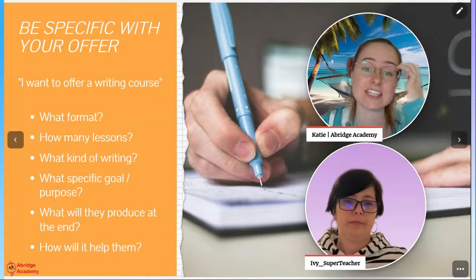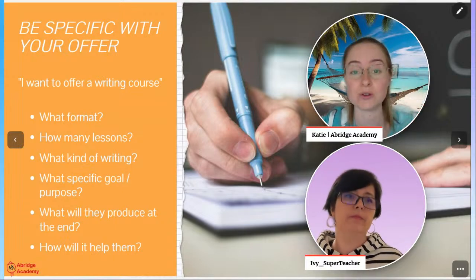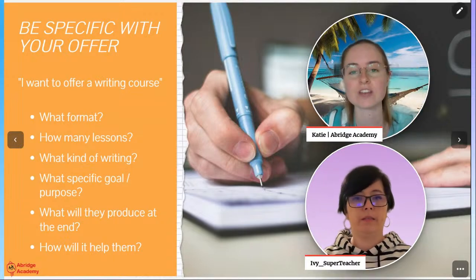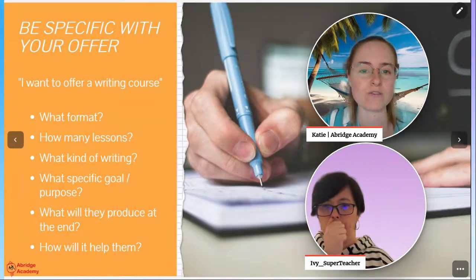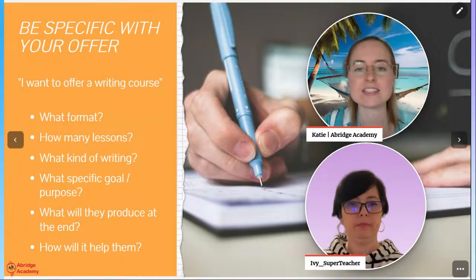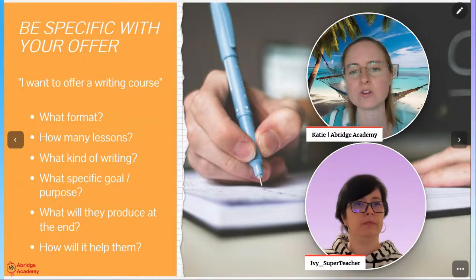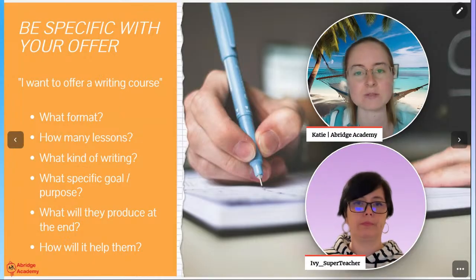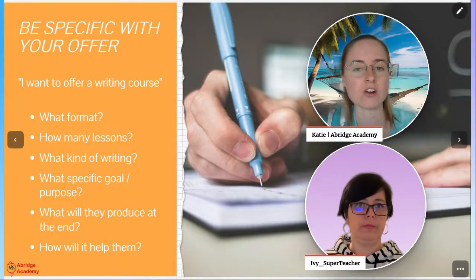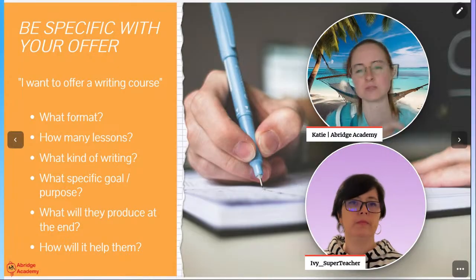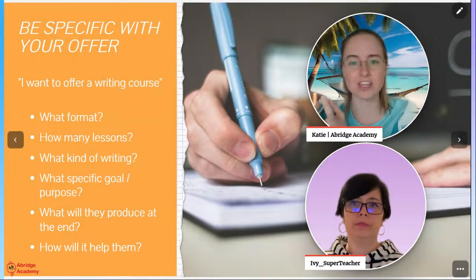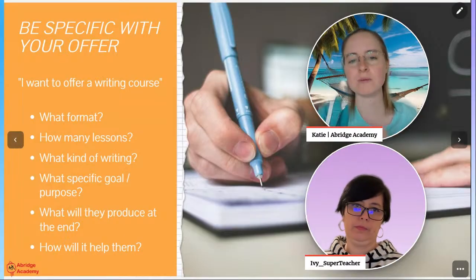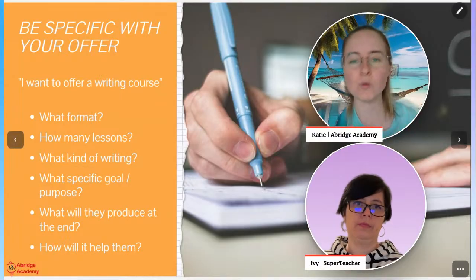I think that links into the idea of being really specific about who your target audience is. And when it comes to your sales pitch, the thing that you're proposing to them, be really clear on what you're offering. This also relates to offering something like a group program, which by definition can't be customized around the individual student. You propose upfront what you're going to offer. Be really specific about what format it's going to be in.